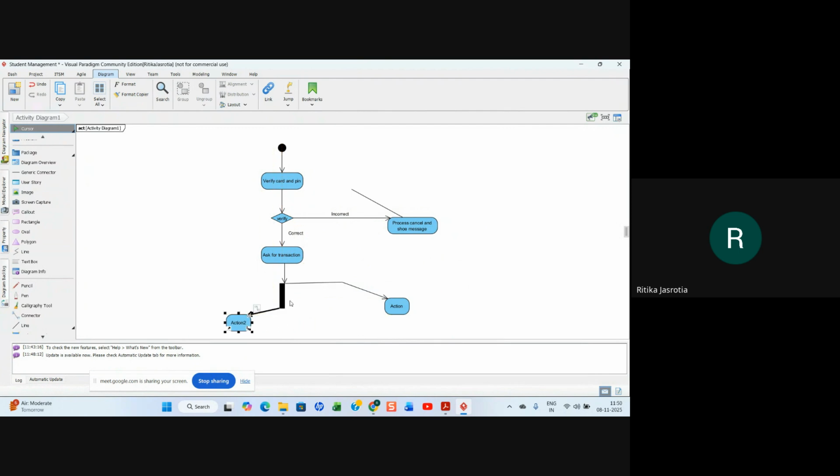Not able to change it. You can have multiple things here. I'm not able to change the direction of it to be horizontal or something.